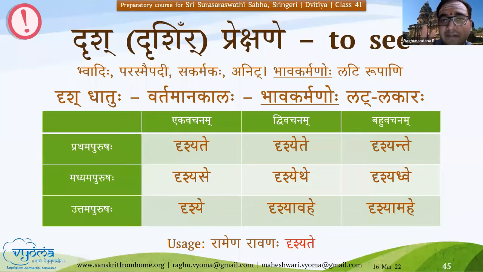Just know this information, that is sufficient. Another example I will give is shakyate. Shakyate is actually the passive voice form, so it is not an atmanepadi dhatu. Shaknoti is a parasmaipadi dhatu only. But since it is used in the passive voice, you get that shak is the dhatu, a yakara gets added, and then it becomes like an atmanepadi, and the forms are so. That is how it is for any other dhatu also.